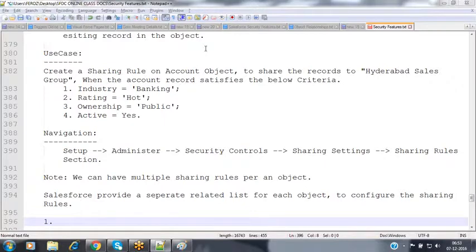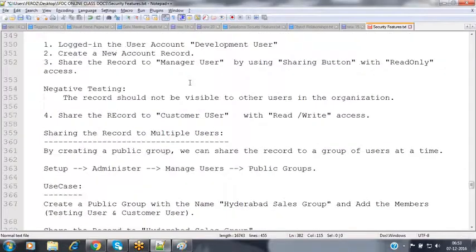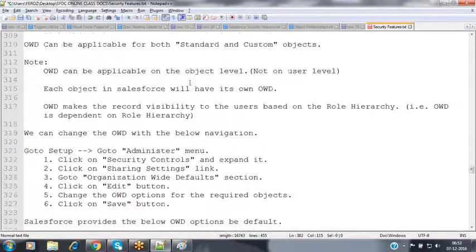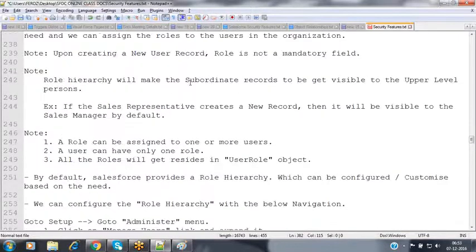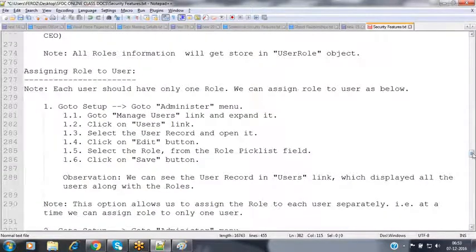That's what I told you during the OWD options. Whatever child objects are available, they will have the OWD option as controlled by parent.